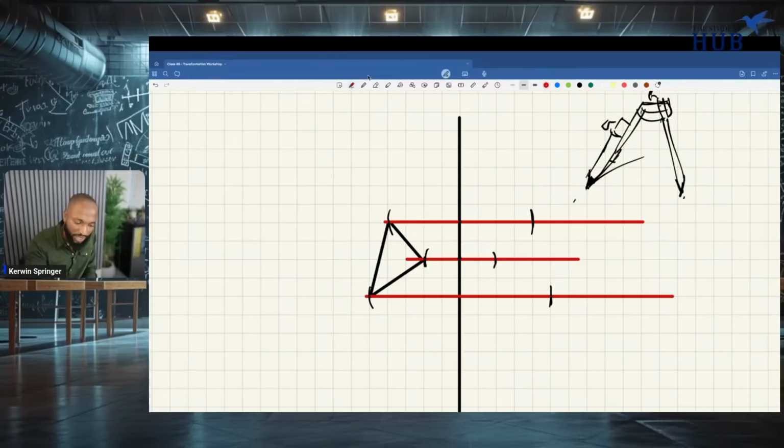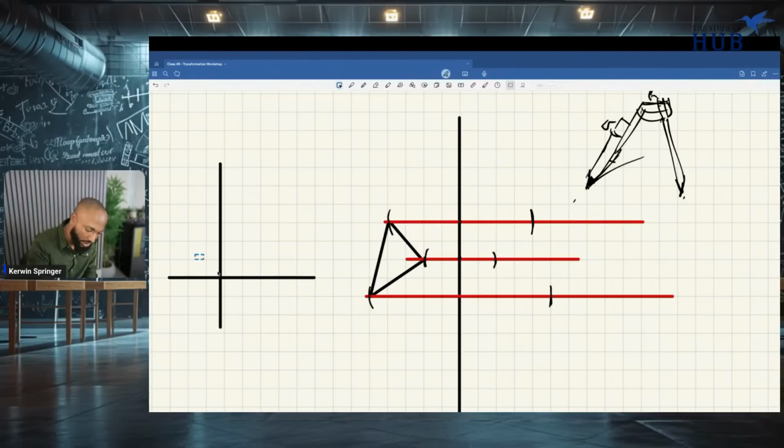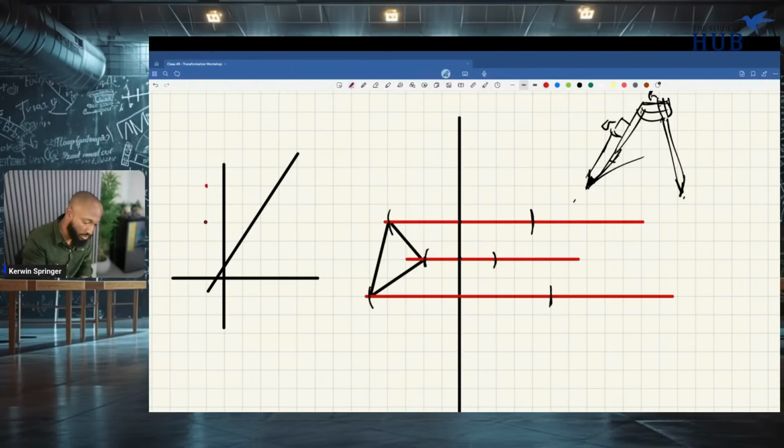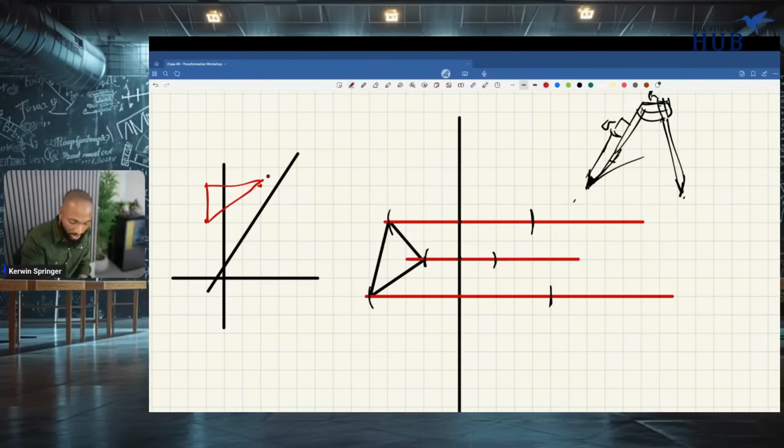But sometimes you get some weird mirror lines. You want to show your working. Let's say they draw something like this and they draw the mirror line like this. What are you going to do? See why the method works for everything? You can't really count these squares because the mirror line is diagonal, it's not even 45 degrees. So you can't say it's over here. That would be wrong. So your only way to do this now is with the method.